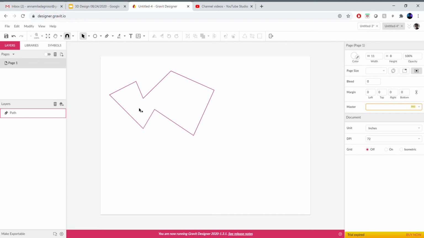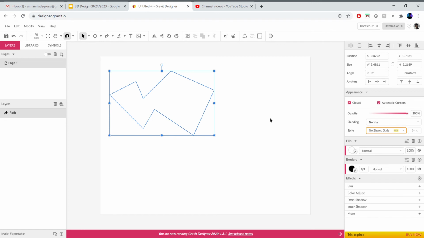I like to make the distinction that a border is usually cut, so think of scissors cutting a line, and a fill, engraving, is kind of like scratching or painting, so it's more of a paintbrush. So if I had this shape and I sent it to the laser cutter, it would cut it around the border like this. If I were to put another shape inside of it, let's say an ellipse,